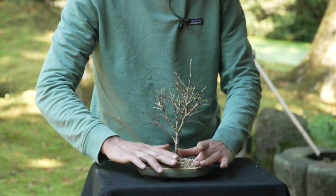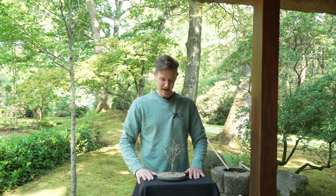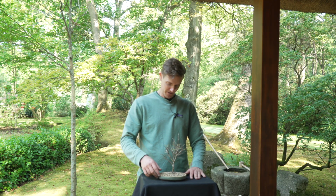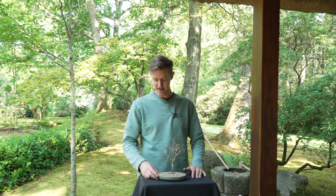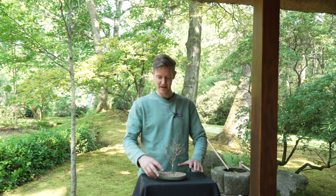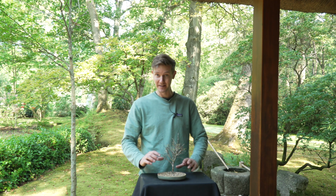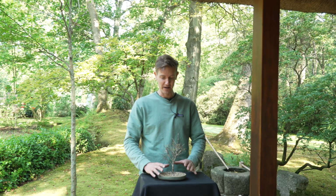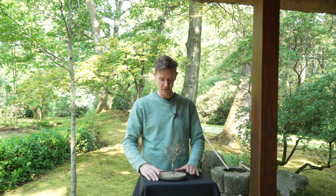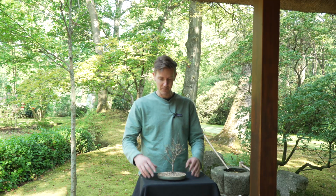Alright, so I finished repotting the tree. It was in a really bad condition. I took it out of the pot, as you could have seen, and only a few roots were left intact. So I very carefully took some of the loose soil away, but I didn't touch what was left of the roots at all. I just put it in a large pot, new soil, and I will keep it a bit